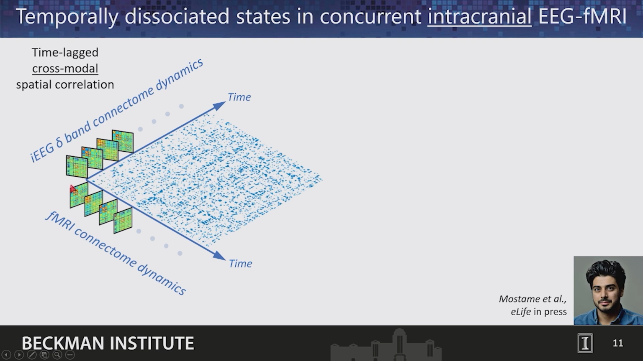For the electrodes available, we generated a band-specific instantaneous connectome and did that for every time point here. And you can do this with phase coupling or amplitude coupling. It doesn't matter, we find the same observations. From the concurrent recordings, we also have,